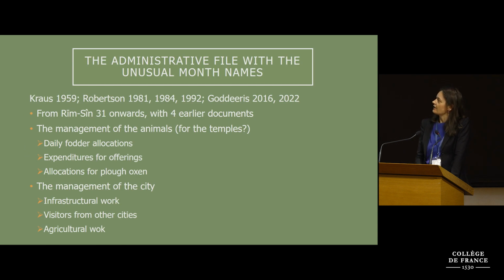It has been discussed by Kraus, Robertson, and myself, and it's difficult to situate because it covers a very interesting range of topics related to the various temples of Nippur, but also related to the management of the city of Nippur, actually. Discussing recording expenditures for infrastructural works on the city canal and on the city walls, expenditures for visitors from other cities, and also